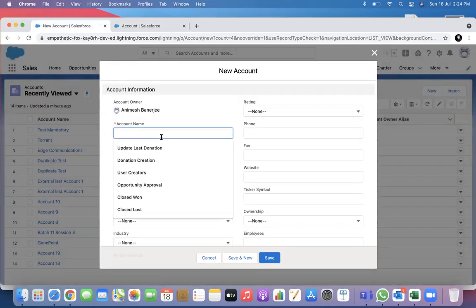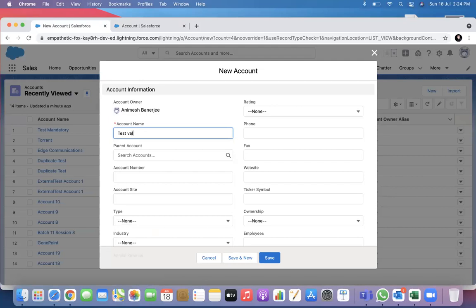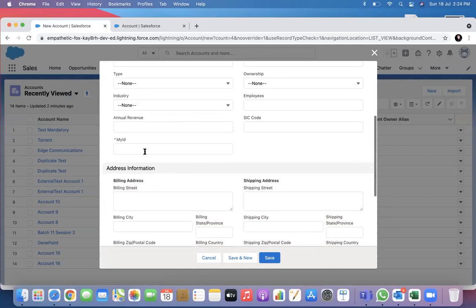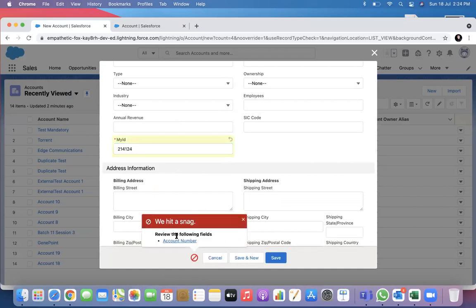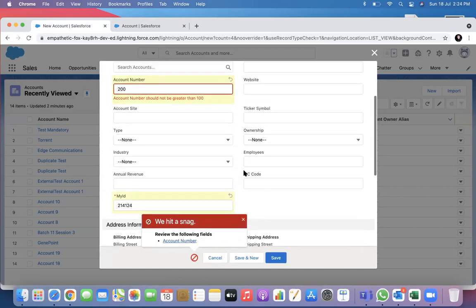Again, I set the account number. Account number should not be greater than 100. If I make it 100, what will happen?